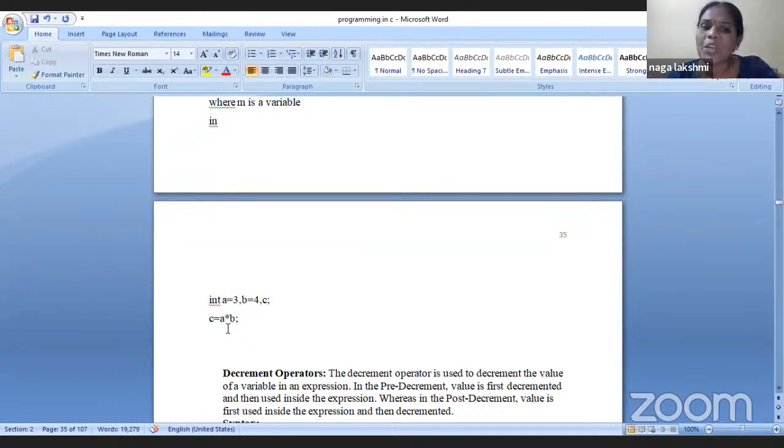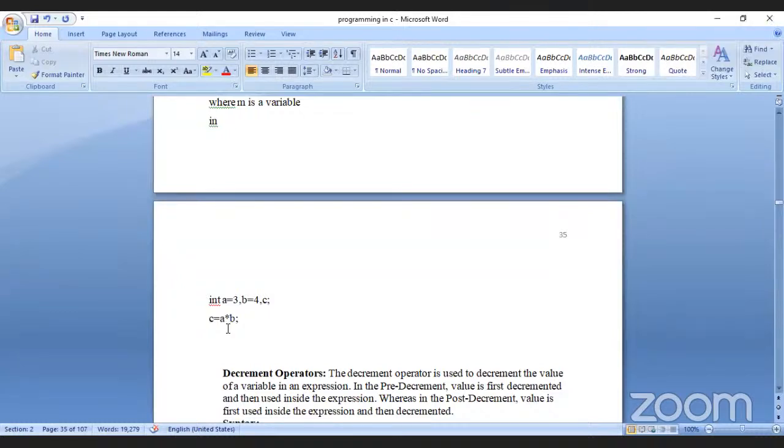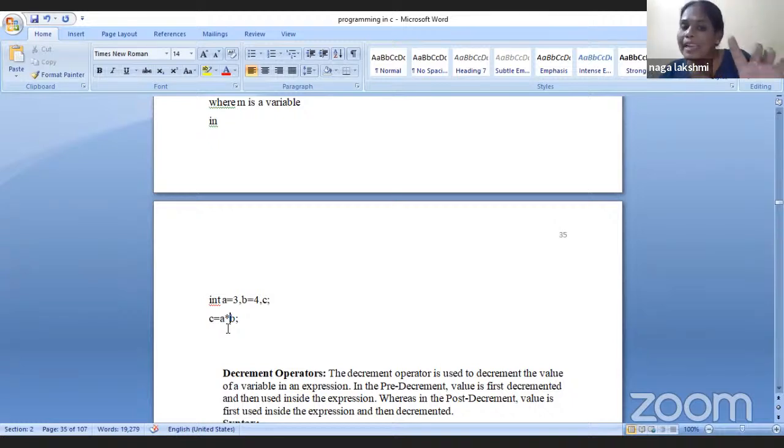If anything goes wrong in a logical way, that I could call a logical error. I want the output 7, but according to this, what output will I be getting? 12, ma'am. 12 means what? After compiling this program, you will be getting 0 errors. Successful compilation is done, but you are not getting the desired output. You want to do addition, instead of that you are doing multiplication. Means logical error. You are missing logic here. Got my point? So this type of error is called what? Logical error. Clearly understood, everyone?